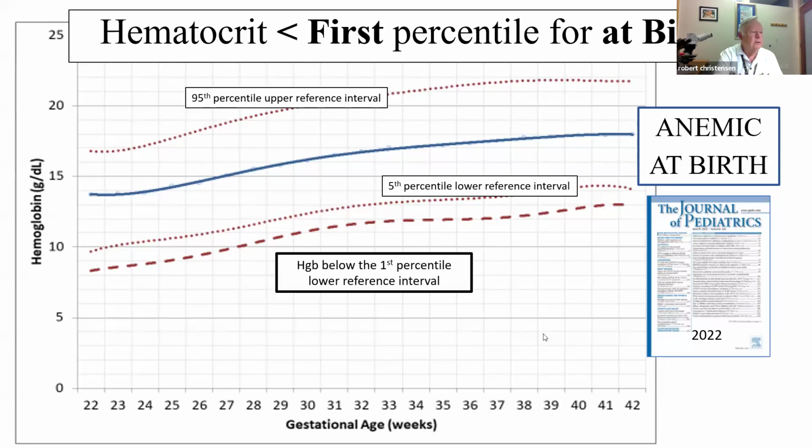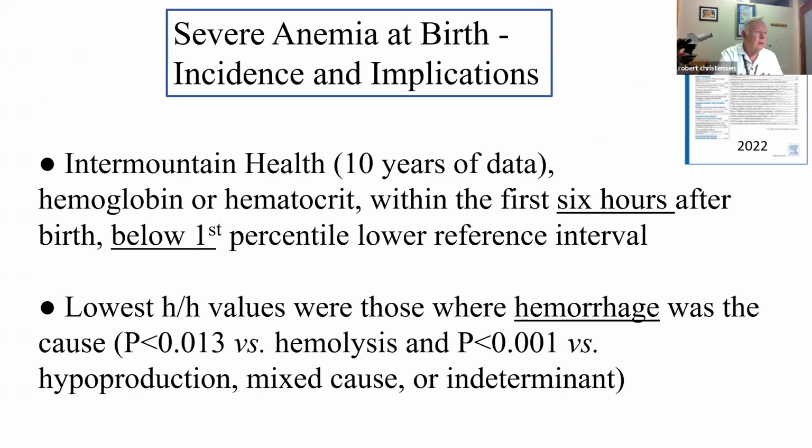And in this particular study, we looked for babies who had an initial hemoglobin below the first percentile. Specifically, at Intermountain Healthcare, which has about 22 hospitals, we used 10 years of data looking at hemoglobin and hematocrit drawn within the first 6 hours after birth that fell below that bottom line,